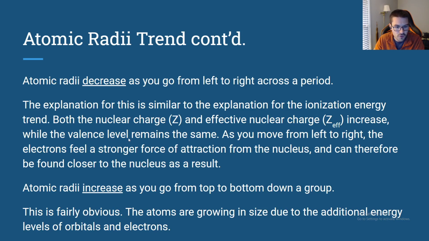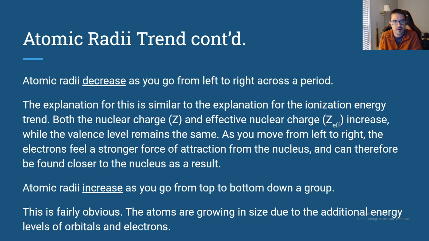The valence level is remaining the same. And so as you move from left to right, the electrons feel a stronger force of attraction from the nucleus, and therefore can be found closer to the nucleus, right? The electrons aren't sitting there thinking about it, right? It's not like a conscious decision, but because they are feeling a stronger force of attraction, they just are closer